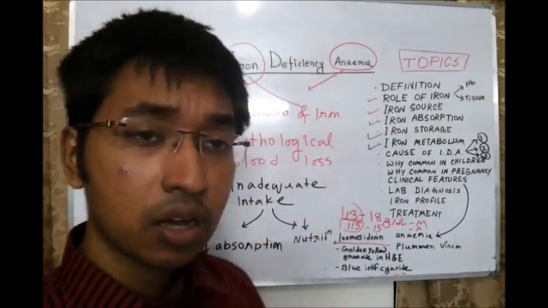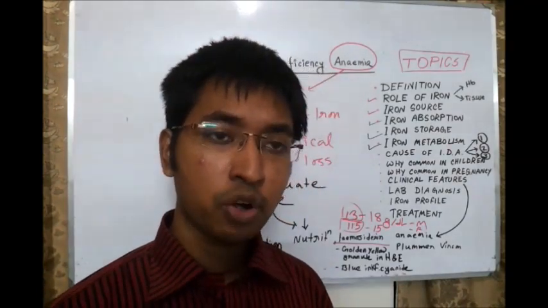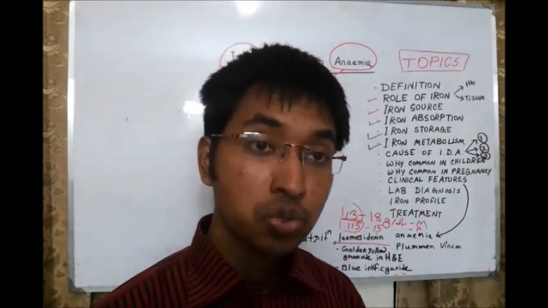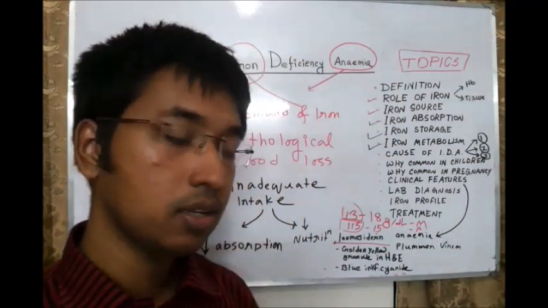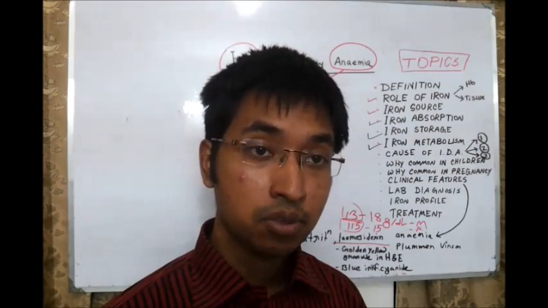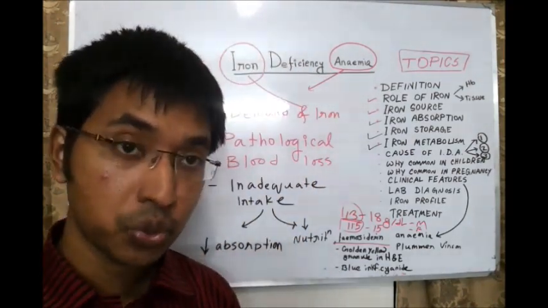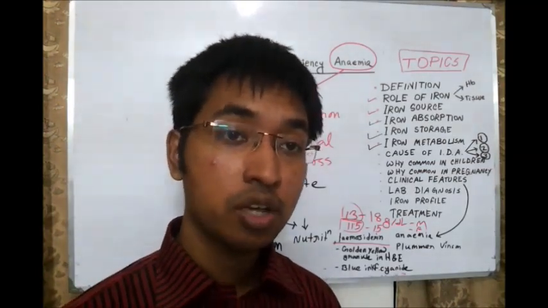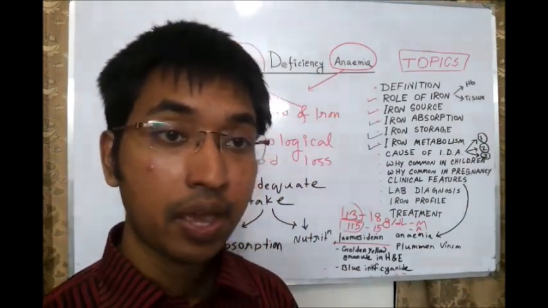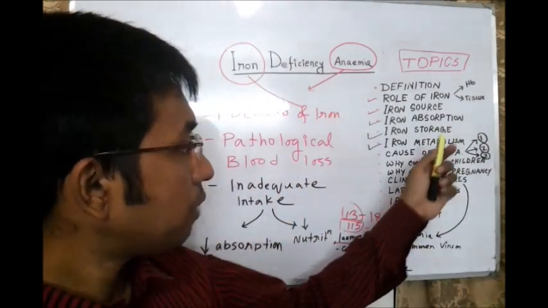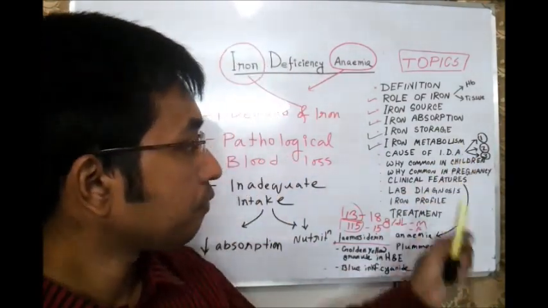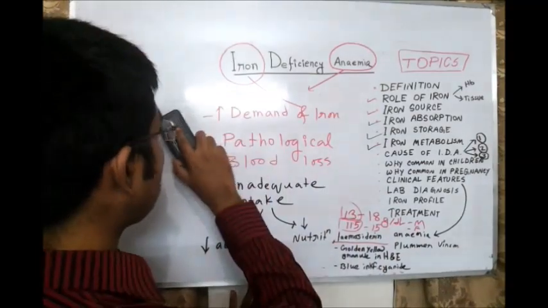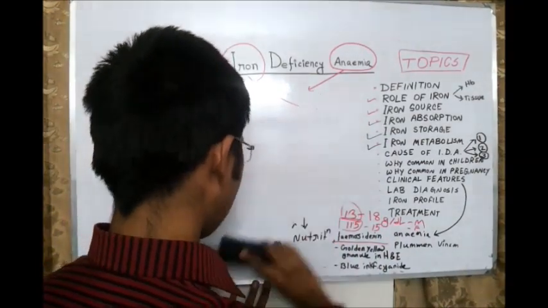So like I said, people in the developing country or people from poor, not all people of developing country, you have to remember people of low socio-economical status, they are unable to obtain iron from animal source, and they are having difficulty in absorption of non-heme iron due to lack of knowledge about the relationship of non-heme iron and other foods. Okay, so these are the main three causes of iron deficiency anemia. So now that we have discussed the etiology, the causes of iron deficiency anemia, now we will discuss